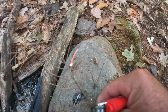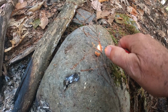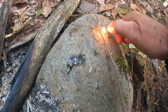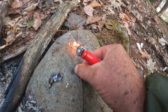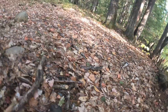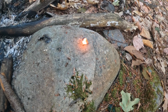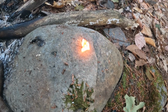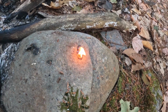Trying to show you the power of the resin. You know, it's getting sticky. It gets hot, it gets sticky. Now, just let it go on its own right there. See that? Look at the smoke coming off of it, black. It's like burning some kind of oil. It'll burn hot and get real gooey, and then when it solidifies, it'll burn for a while. It'll burn like a minute or two,